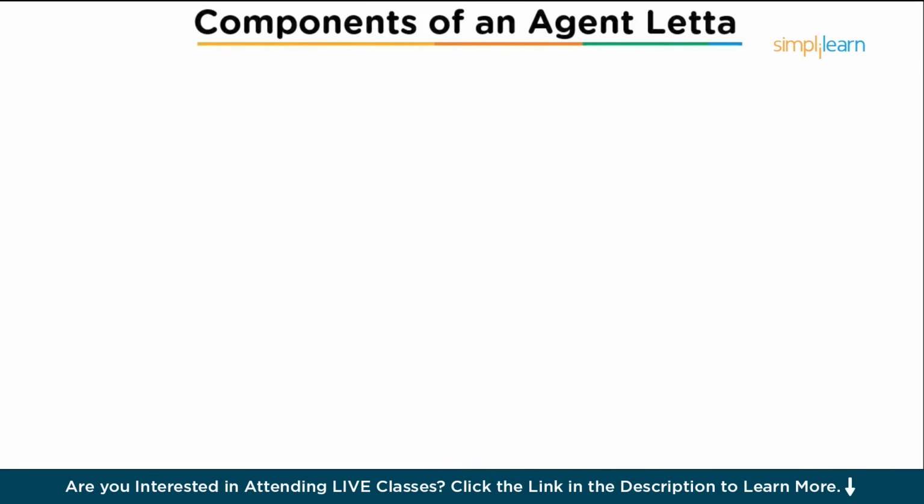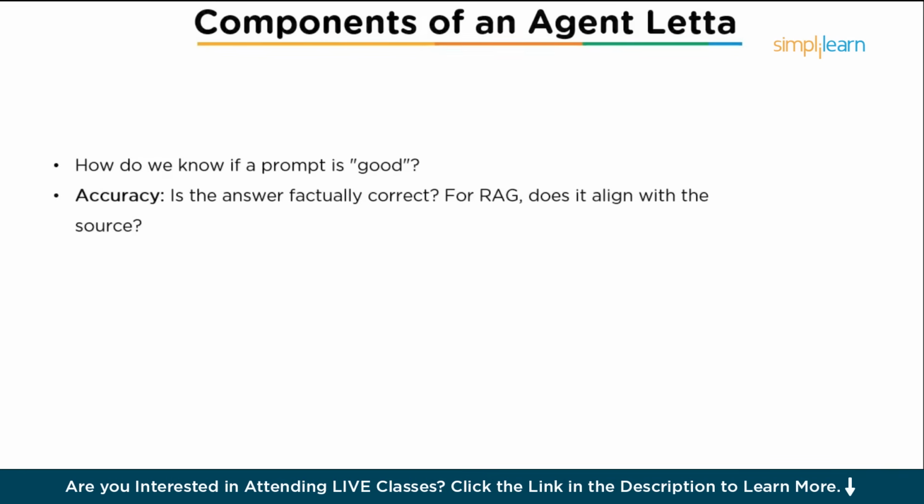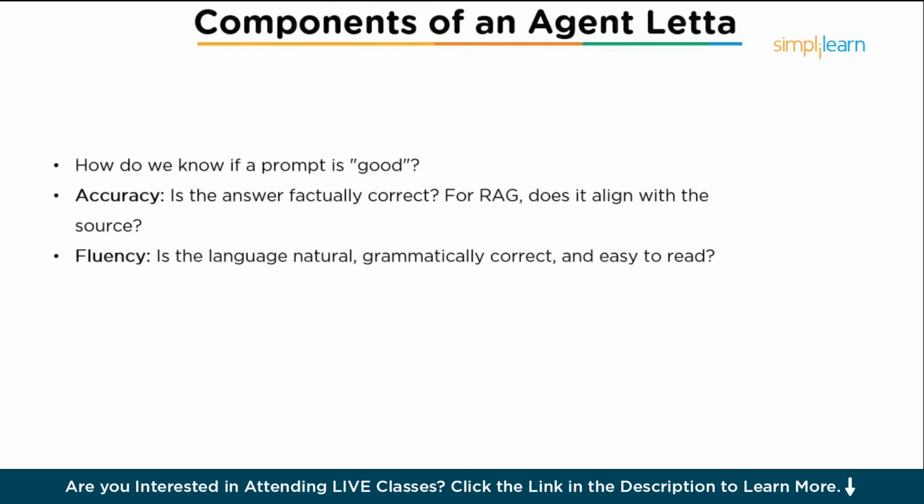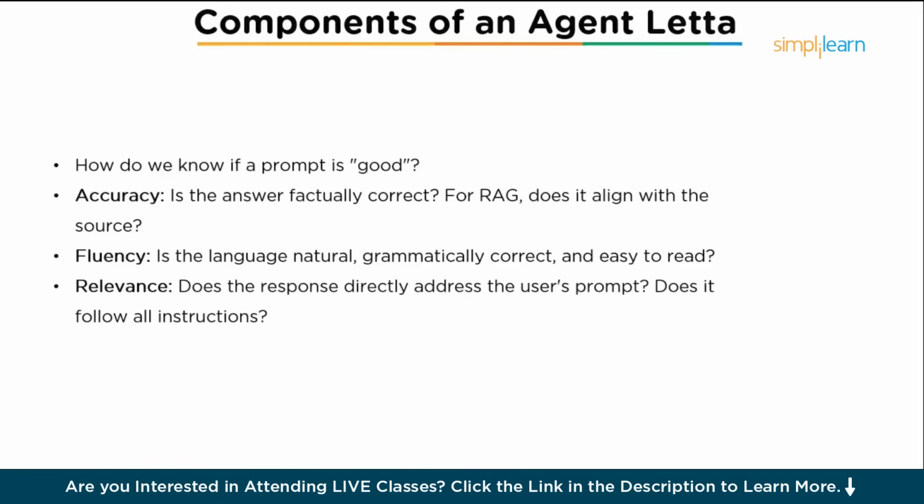When evaluating the quality of an AI's response, especially in the context of a prompt, we consider several components to determine if a prompt is good. These key criteria include accuracy, where we assess if the answer is factually correct, and for summarization, if it aligns perfectly with the source material. Fluency checks if the language is natural, grammatically correct and easy to read, ensuring a smooth user experience. And relevance, determining if the response directly addresses the user prompt and adheres to all given instructions, thereby fulfilling the user's